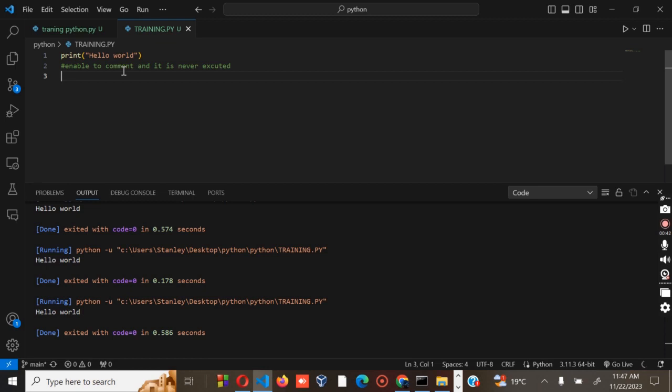Okay, having done that, now let's move to the next part, Python indentation. Indentation refers to the space at the beginning of a code line. For example, let's try to print if 10 is greater than 8, then you must have a colon. There is a space in between from this point to this point. I think you can see the space in between. That space is what we call the indentation.